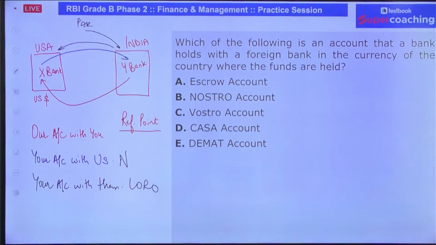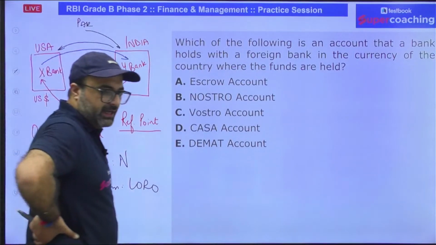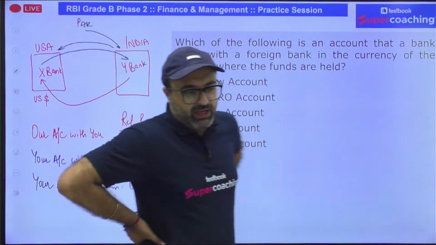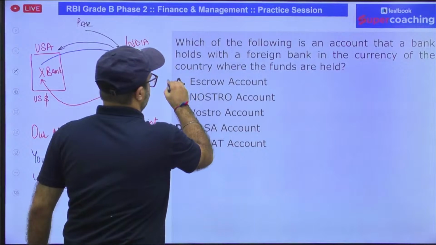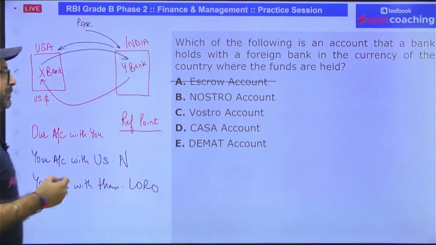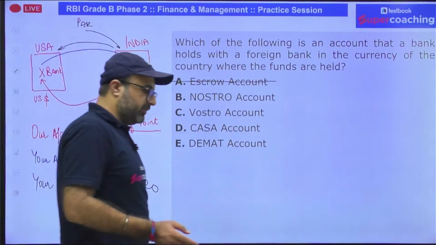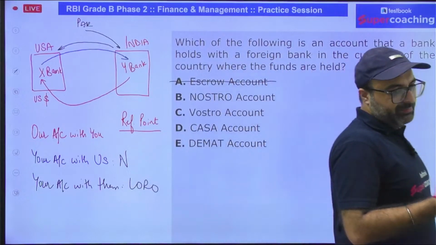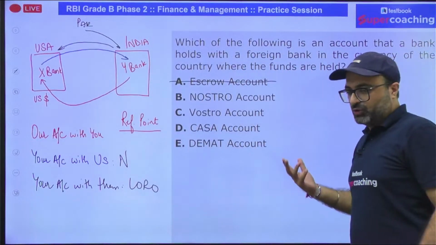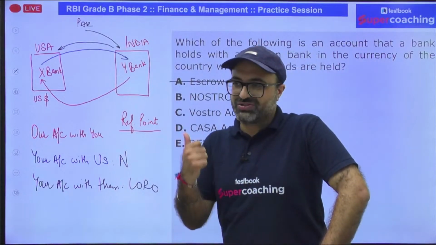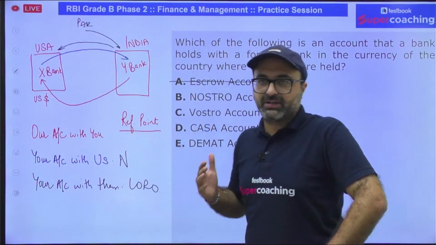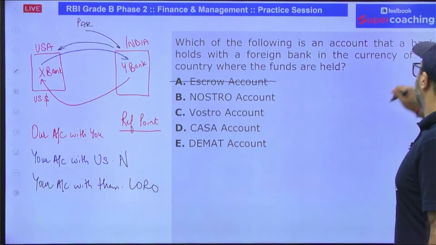Our account with you stands for, what will be your answer, guys? Give me the answer. Any idea? I have discussed this n number of times. Escrow accounts have nothing to do with this discussion. An escrow account basically means an account opened by the two parties who have entered into an agreement, and this escrow account is offered by a third party which acts as a guarantor between the agreement done by the two parties in order to safeguard counterparty risk. But the answer to this particular question is going to be Vostro or Nostro.